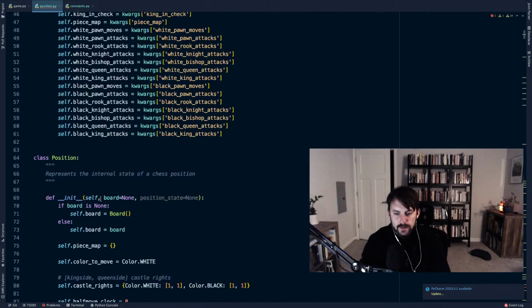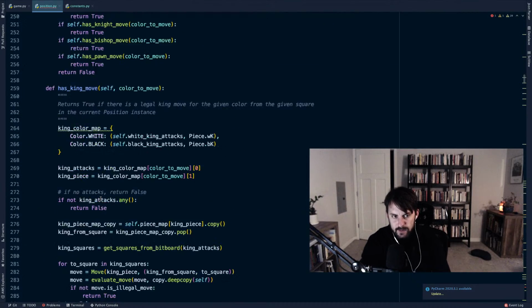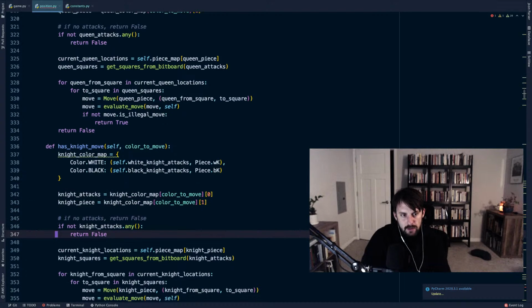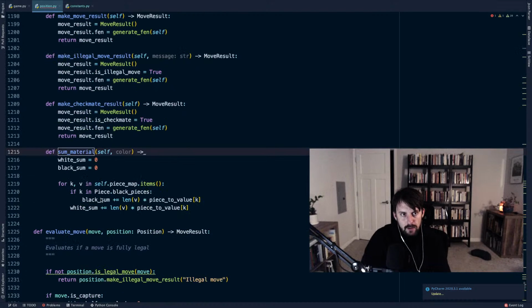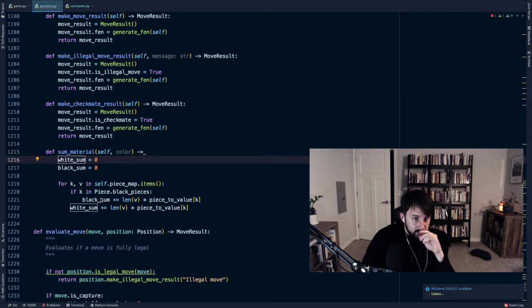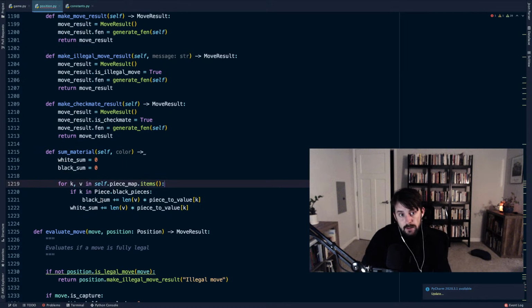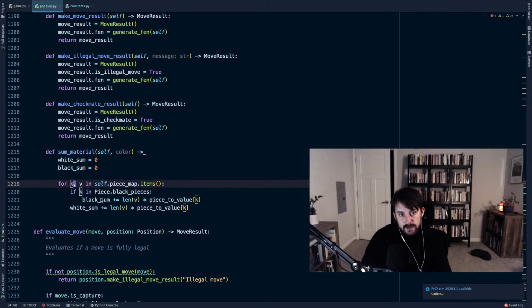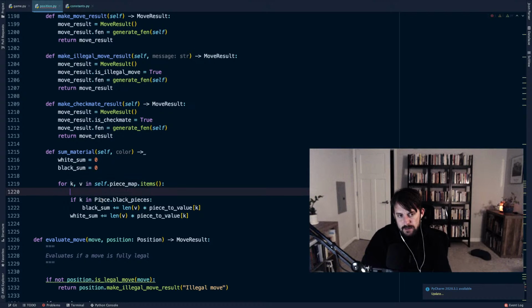Okay, let's make sure we don't run into that bug that Alvaro just mentioned. Where are we at? Sum material, for key, value, piece. If key is in, I could deep copy the piece map and remove the king key, but that looks nasty. So what I'm going to do is say if key is